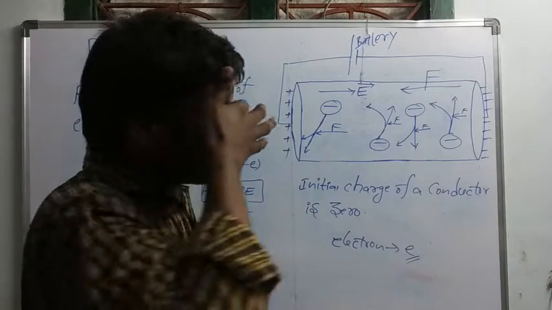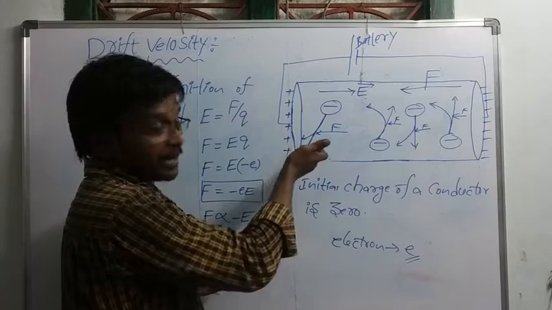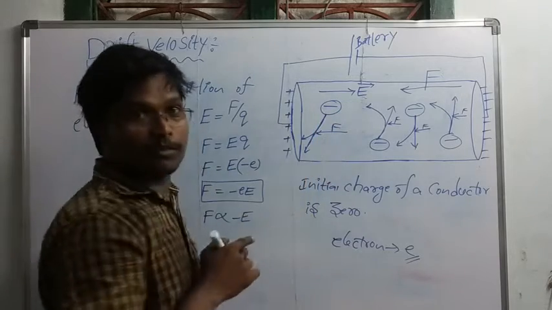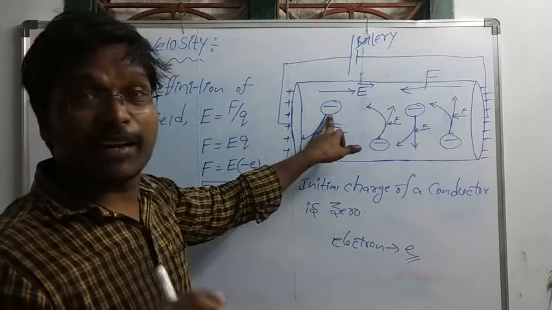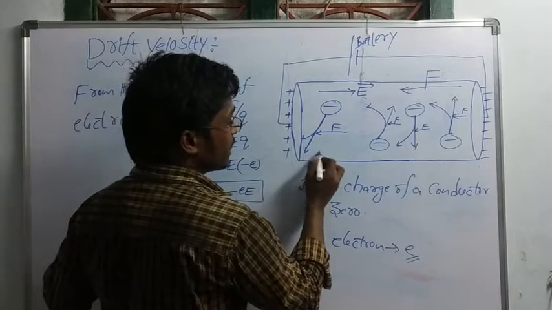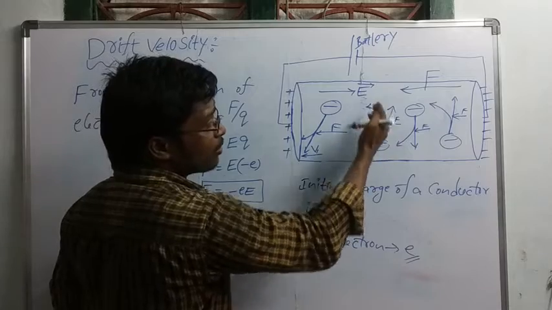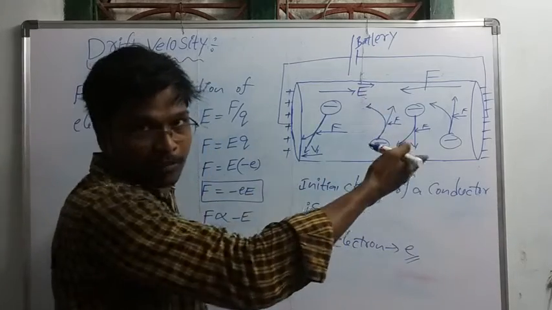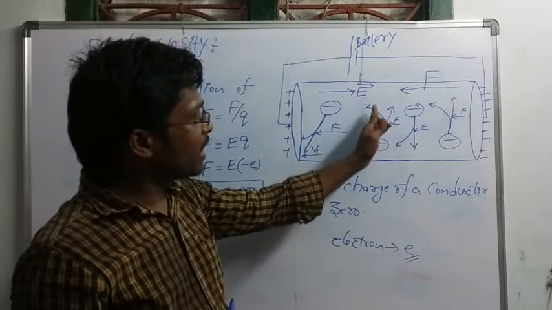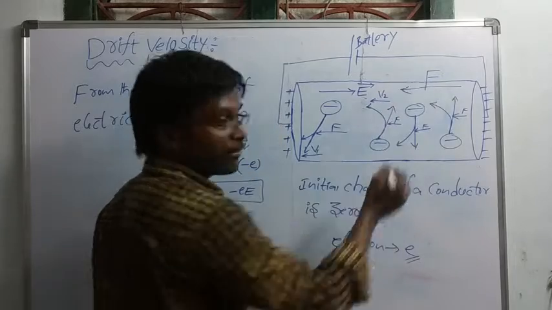Now here this electron is drifted, and this electron is moving, so this electron has some velocity. Remember, this drifted electron has some velocity. That velocity is v1. Again, this electron also is moving. Correct? An electron moving means the electron has velocity. So this electron is also moving and drifted, so it also has some velocity, that is v2.